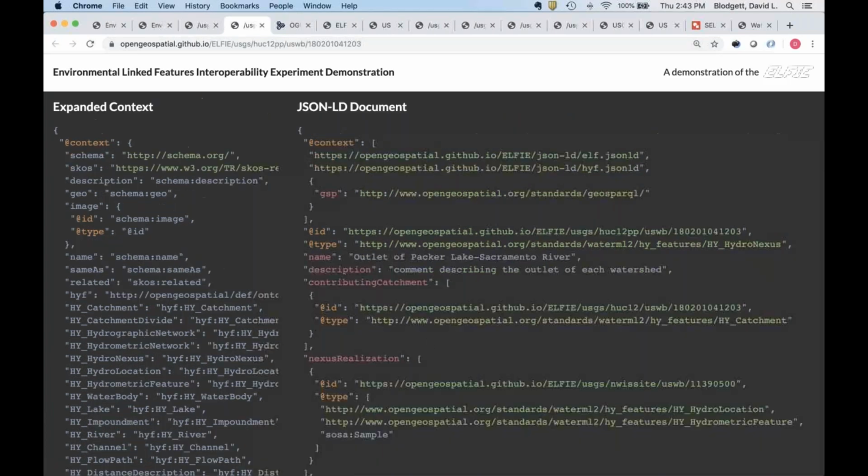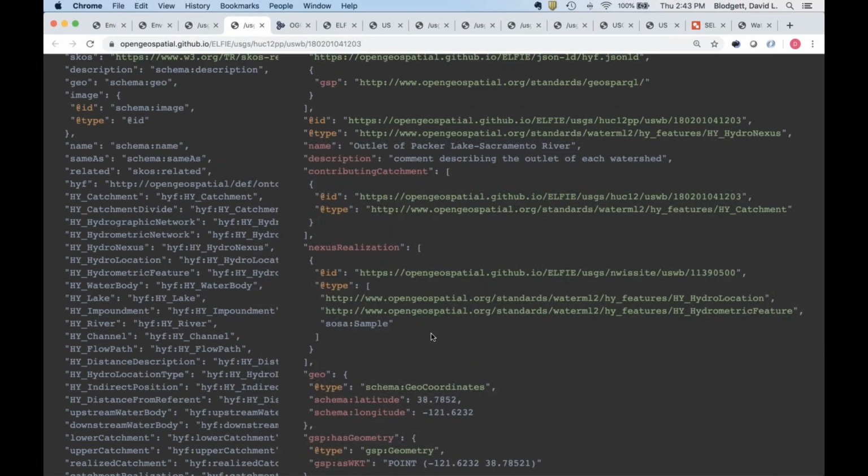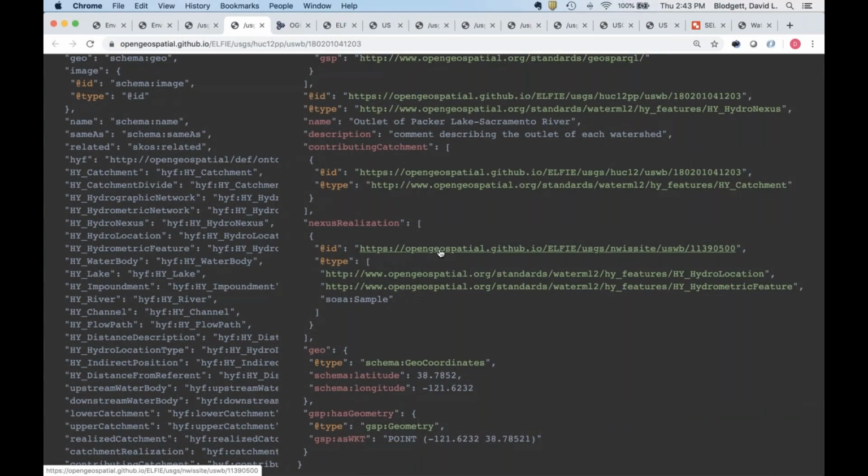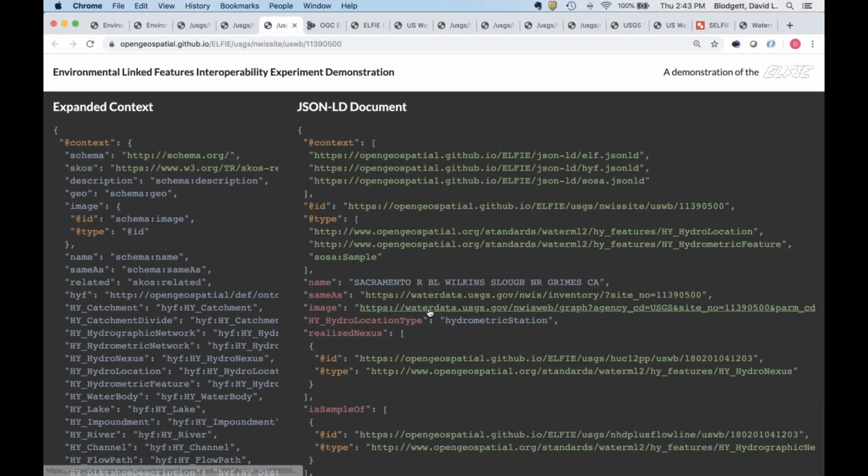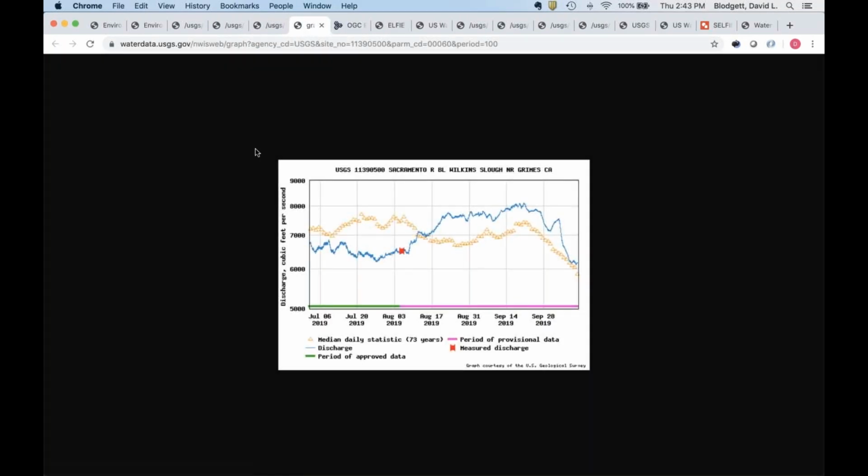Let's try it one more time. Nexus realization, go to the NWIS site, and there's an image. Now, theoretically, we get a streamflow plot. Sweet. All right, that's what I expected to get.